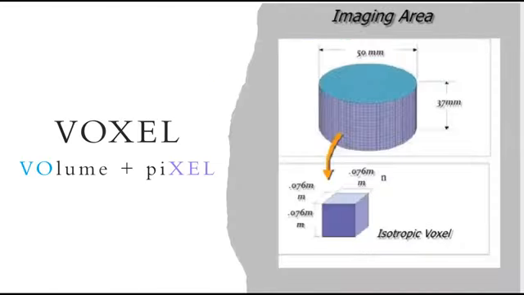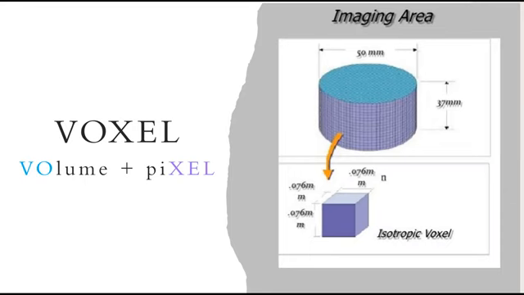Voxel. This is a combination of volume and pixel, and this represents the smallest distinguishable box of a three-dimensional image, similar to a pixel representation in the two-dimensional data. The distance between any two pixels is called the interpixel distance, and this represents the real-world distance. As the image is taken, it is presented in slices to represent the vertical and horizontal depth. And voxels serve as the building blocks of three-dimensional imaging, such as dots per inch, that is the DPI, in computer terminology.